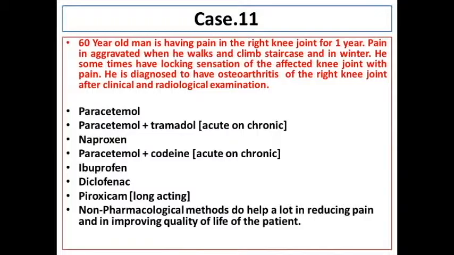Because of the abuse liability, I think it's better that opioids are prescribed only at a later stage. So weaker analgesics followed by stronger analgesics, followed by ibuprofen, diclofenac, naproxen. In case you want a once a day drug, piroxicam, which also has anti-inflammatory action along with analgesia. And of course, there are a lot of non-pharmacological methods to reduce pain.